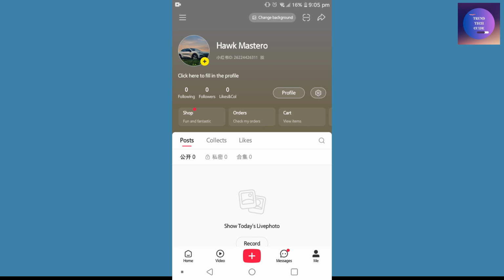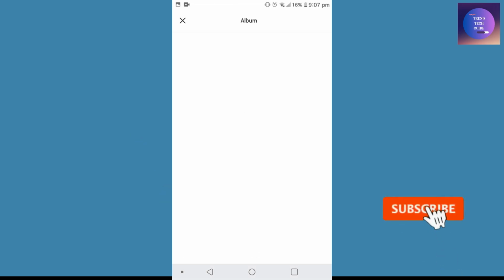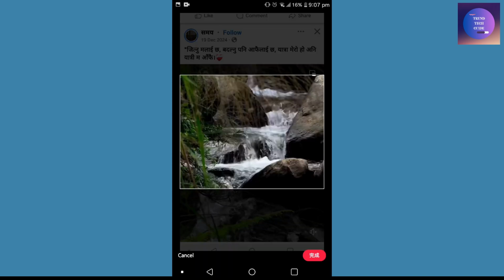Now to change cover photo, just tap on this free space over here, and over here tap on this change cover. Now from here select a cover picture. For now I'll tap on this random picture over here, and after that tap on this red icon on the